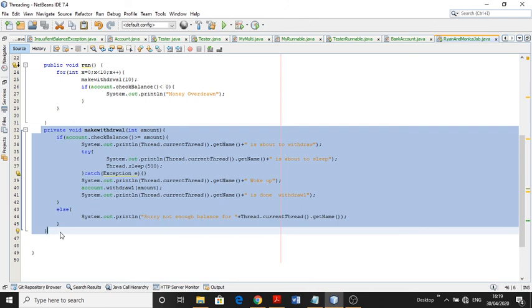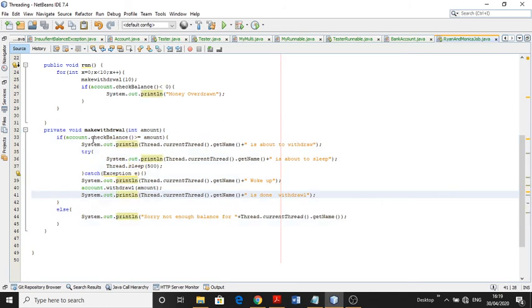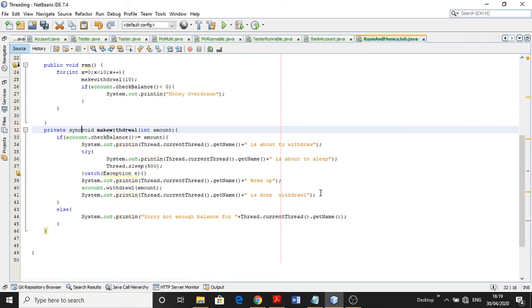Here one of the easiest and simplest ways is to lock this method, so only one thread can access this makeWithdrawal at a time. Unless this withdrawal is completed, another thread cannot enter this makeWithdrawal function,